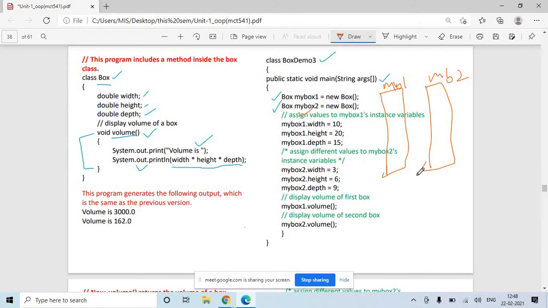What will my objects be having? Width, height, depth, and one volume function. My box 2 also has width, height, depth and the volume function. This is how my objects will look like.